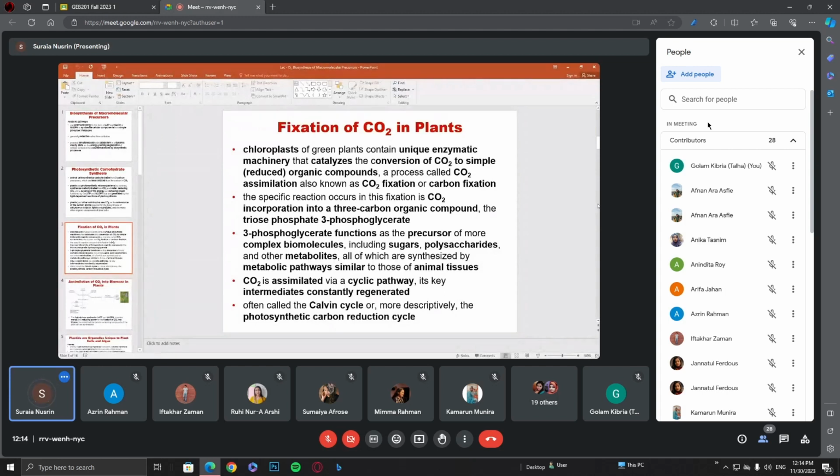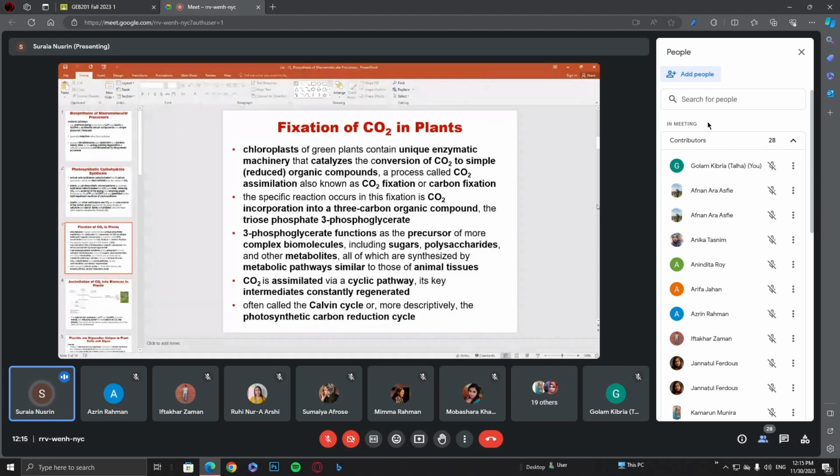Obviously, it is a carbon compound, and that is a triose, a triose phosphate, 3-phosphoglycerate. Okay, sorry, triose phosphate. That means it is a three carbon sugar together with a phosphate group, and that sugar is 3-phosphoglycerate. So this is the organic compound which is generated by the fixation of carbon dioxide. And from this precursor, that is the 3-phosphoglycerate, now it is used to synthesize other sugars or polysaccharides, even other metabolites. The rest of the pathways, from the 3 carbon sugar, whereby other sugars or other biomolecules are synthesized,